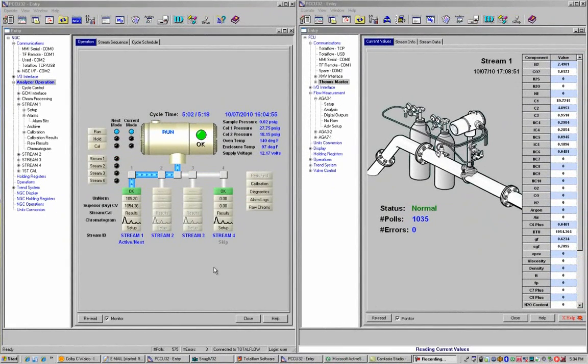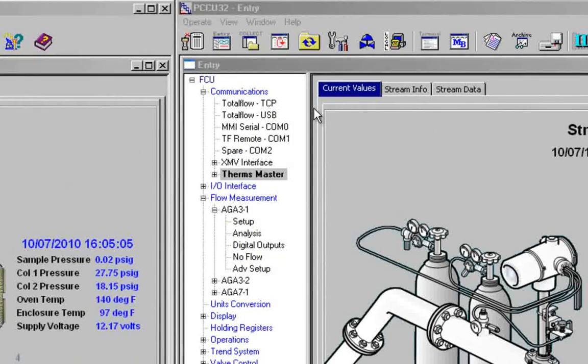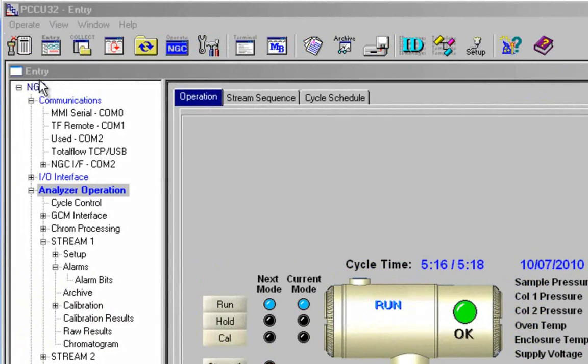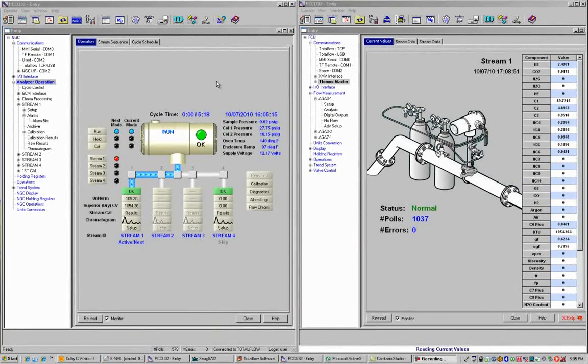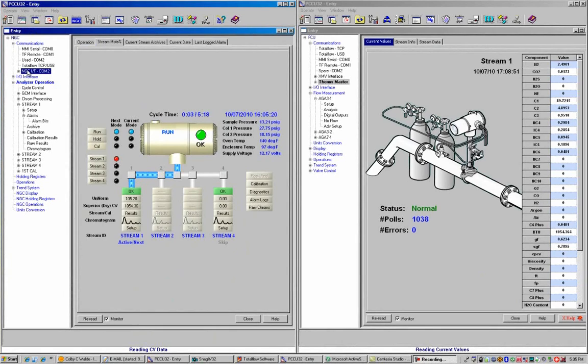Okay, the purpose of this lab is to show the relationship between a G4 flow computer and an NGC chromatograph. So what we're looking at here on the right is the FCU, and over here on the left is the NGC. And so I just want to show you the setup connections for both. So on the left, if I go to NGC interface,